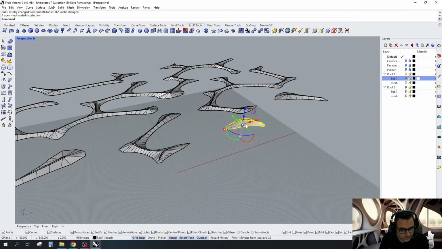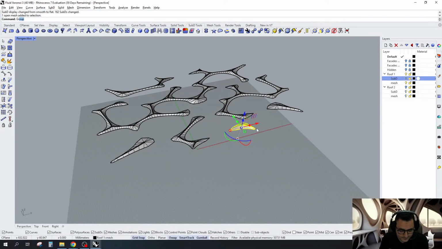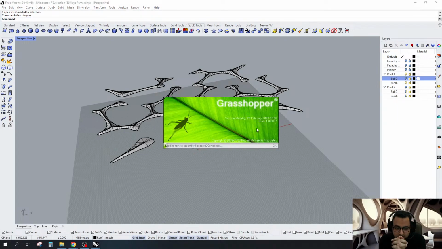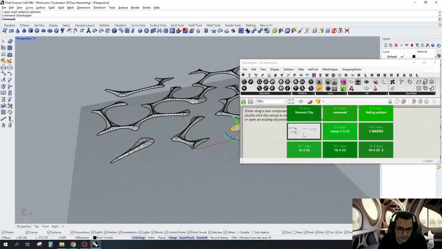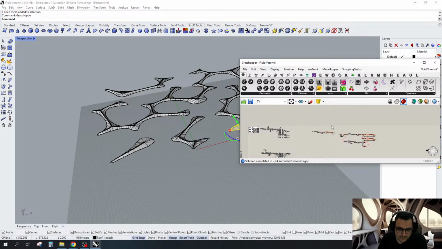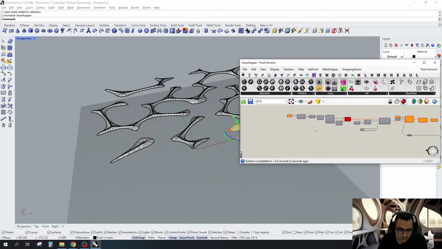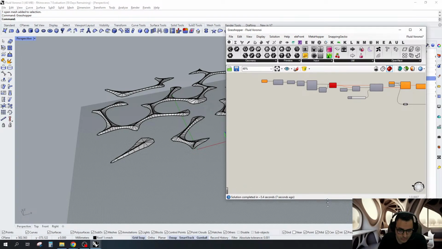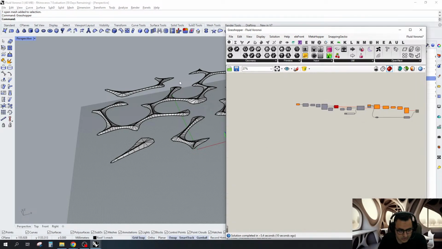Okay, so let's now jump into Grasshopper and see what we can do about the geometry that we want to create. Okay, let's go to fluid Voronoi. Okay, we created those yesterday in the Arabic version, but we will recreate them today again, which basically